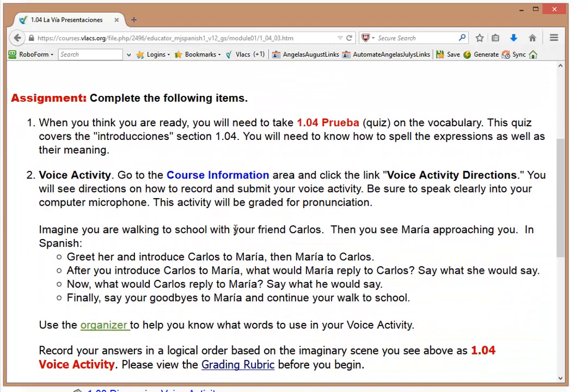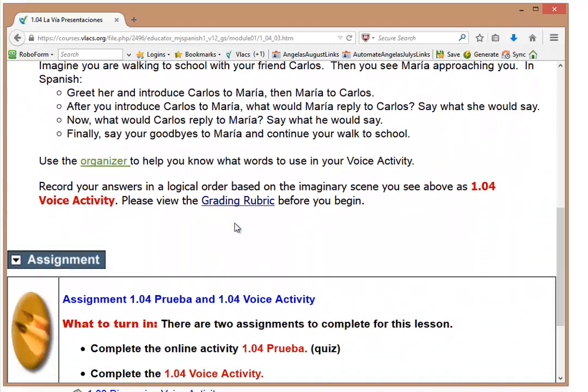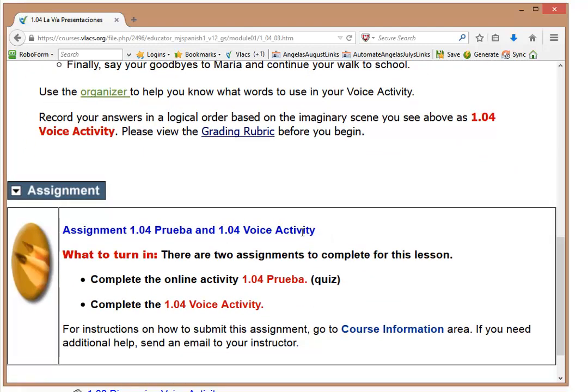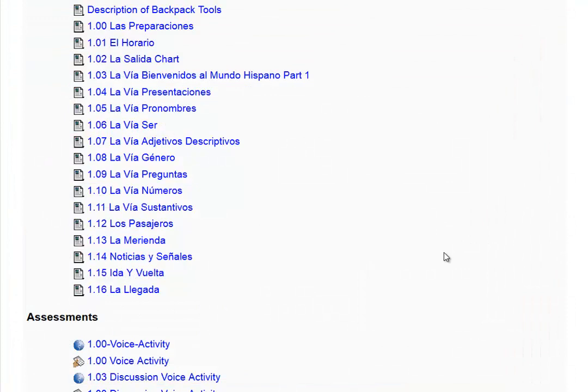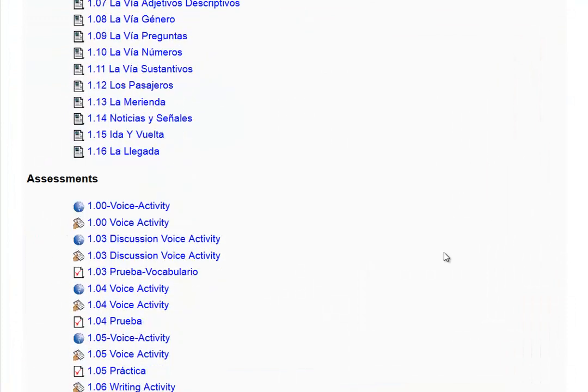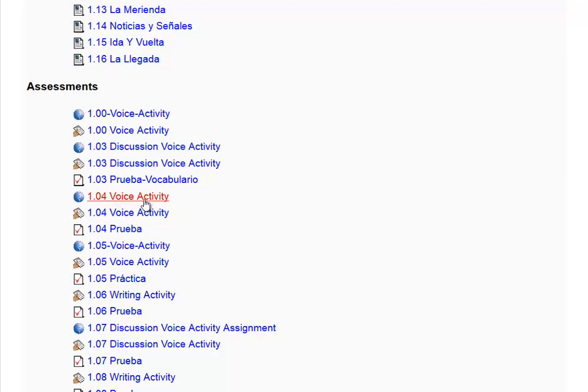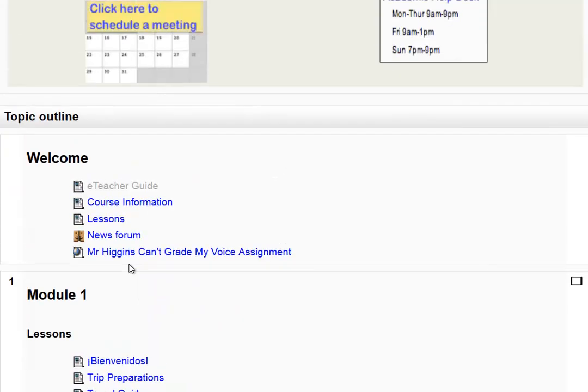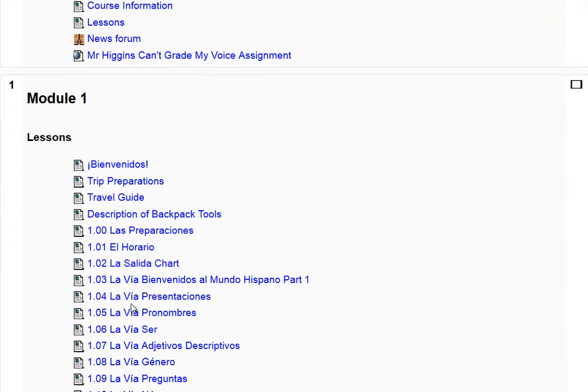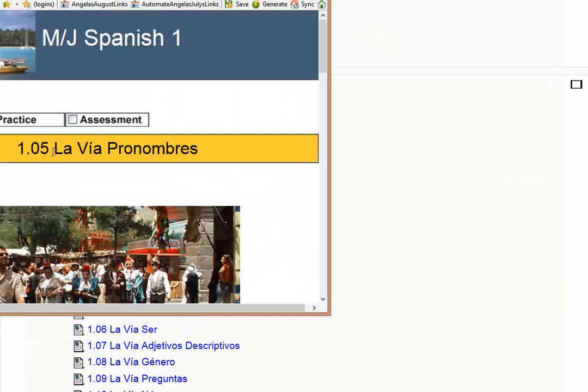And on the assessment page, it's simply telling you to go do one of the assignments. So the 1.04 voice activity and the 1.04 quiz. So that's when you would close this down and come down here and do the voice activity and then do the quiz. So for each lesson, you want to be sure that, let's go into 1.5 for example, in the